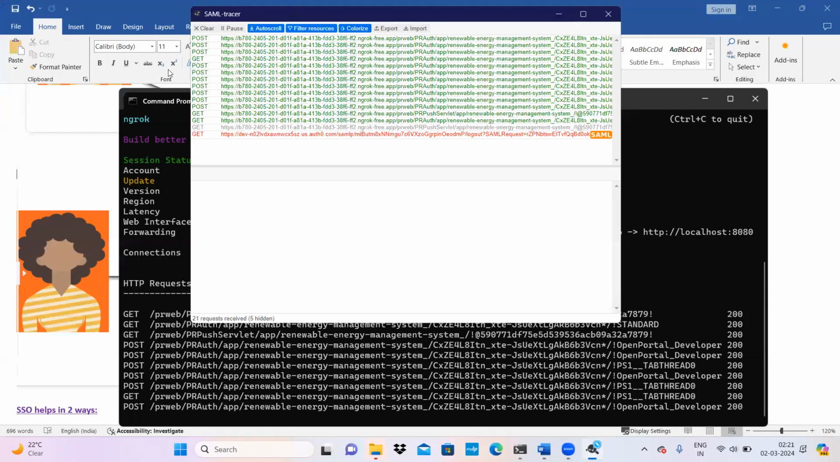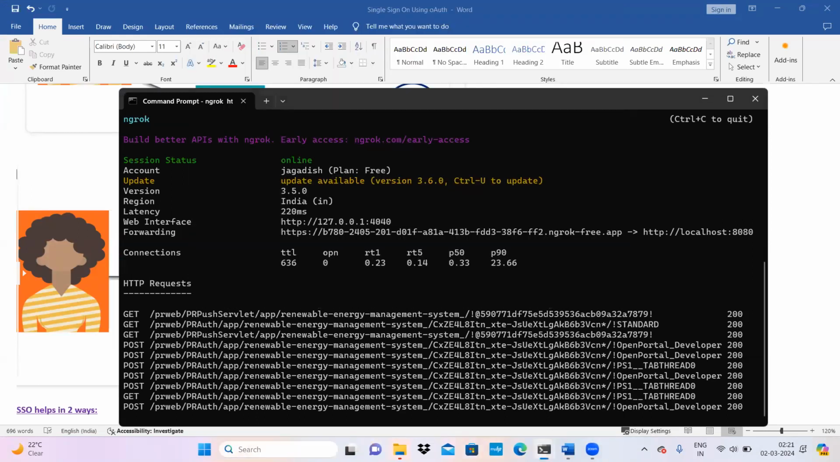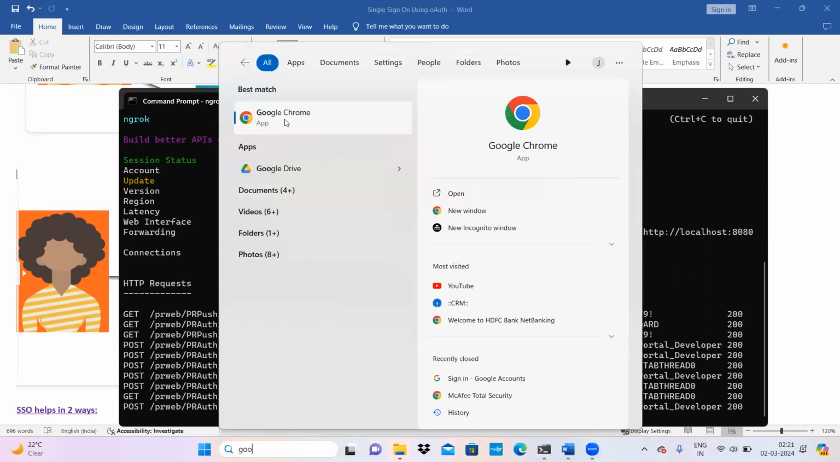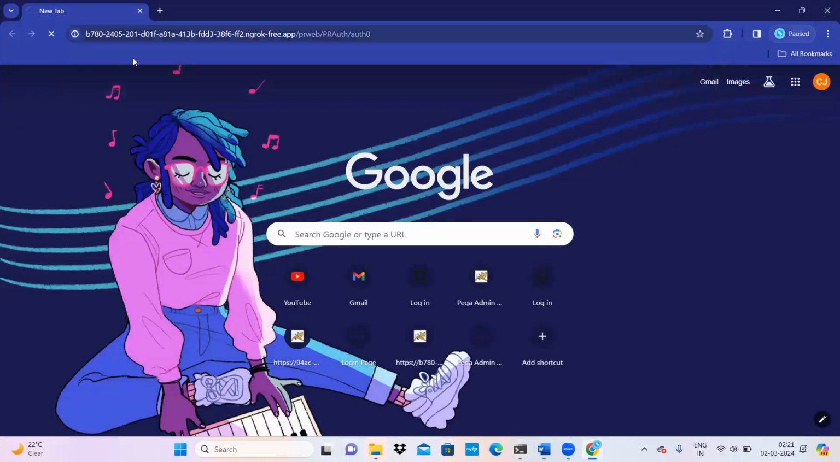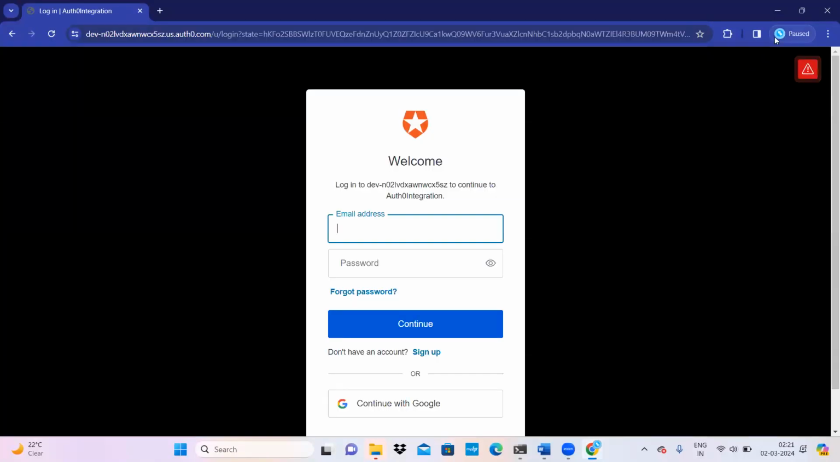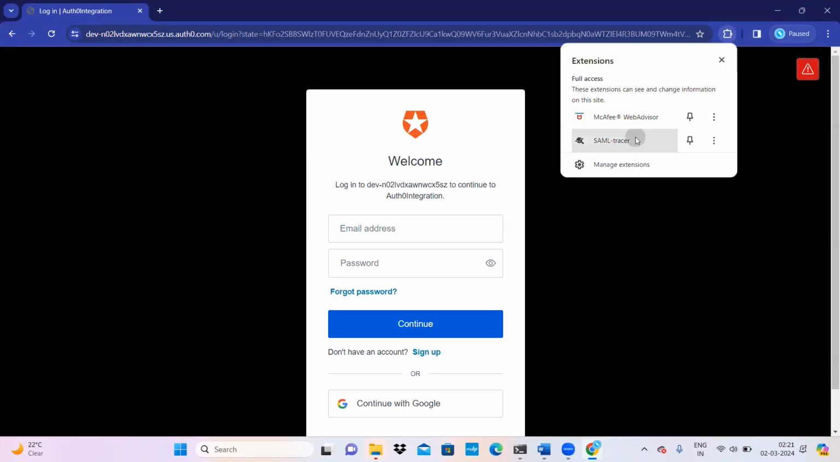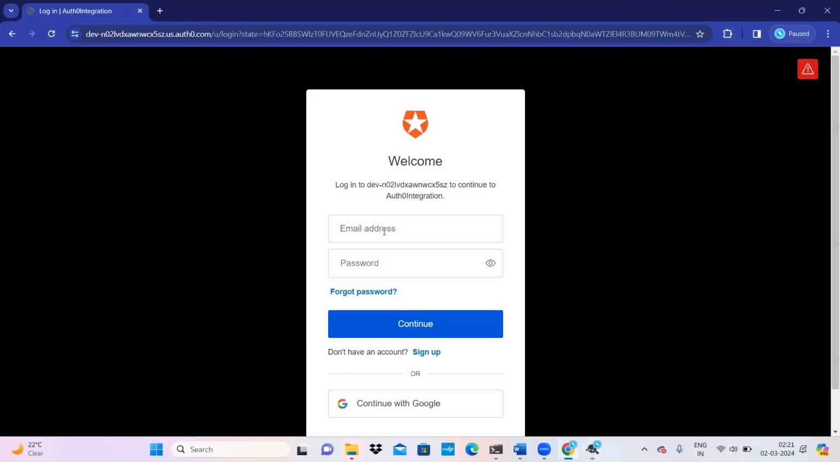So I'll try to log in. I will try to clear all this. So I'll close this SAML tracer here. And again, I'll open Google Chrome and provide the URL. Now, I will again give the user ID and password which is available in the identity provider. Now I'll enable the SAML tracer. I'll click on it. I will give this password. Once I click on the password,